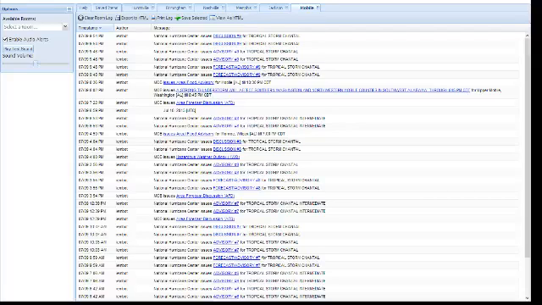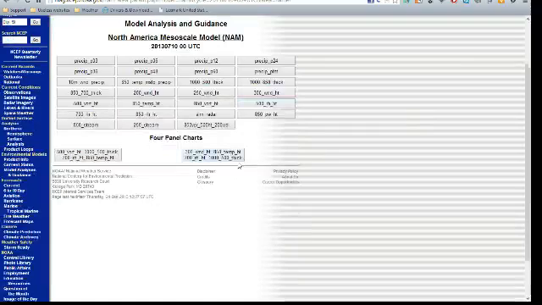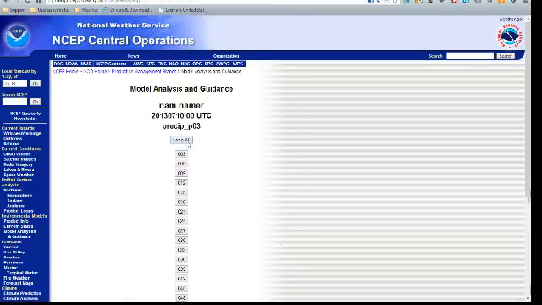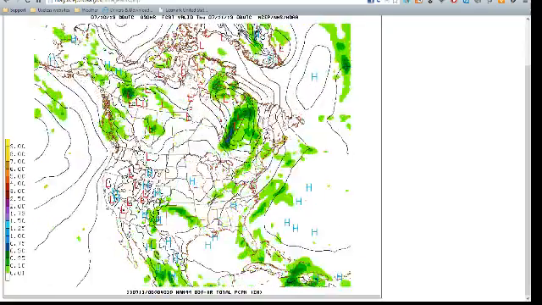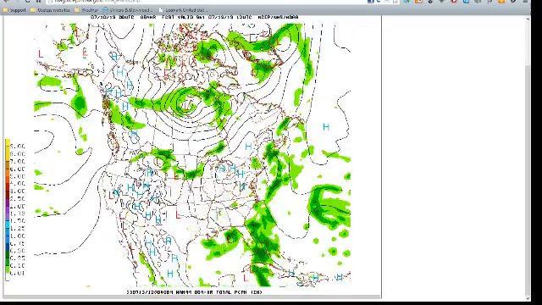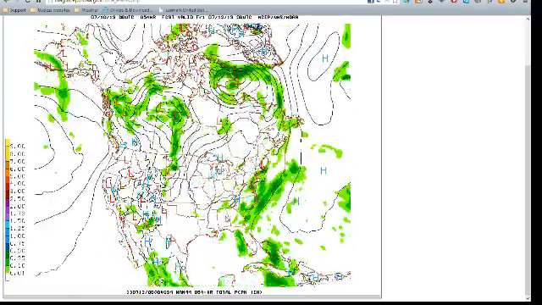Now I'm going to go with the NAM run, North American Model. You guys can't see this, so let me pop this over here where you can see it. I can just drag and drop. It's pretty awesome. I'm going to go with precipitation here. Let's loop it and see our model runs for now. There we go. Everything looks kind of scattered. Here comes that low pressure system. I missed the low pressure system. I don't see it. There it is.